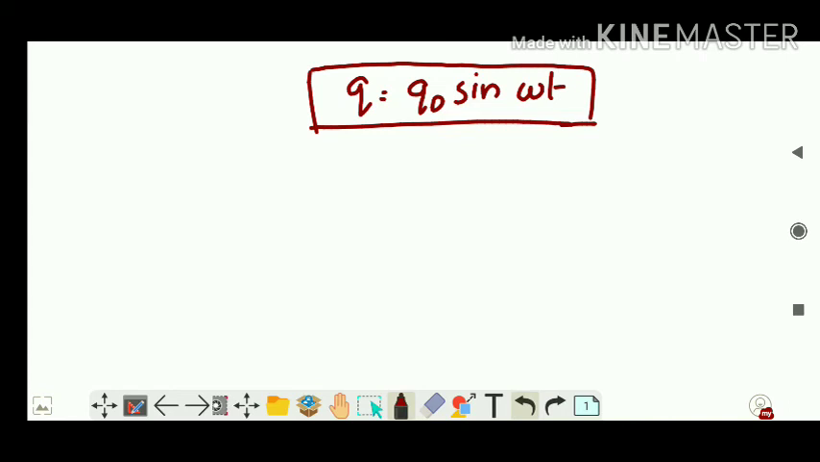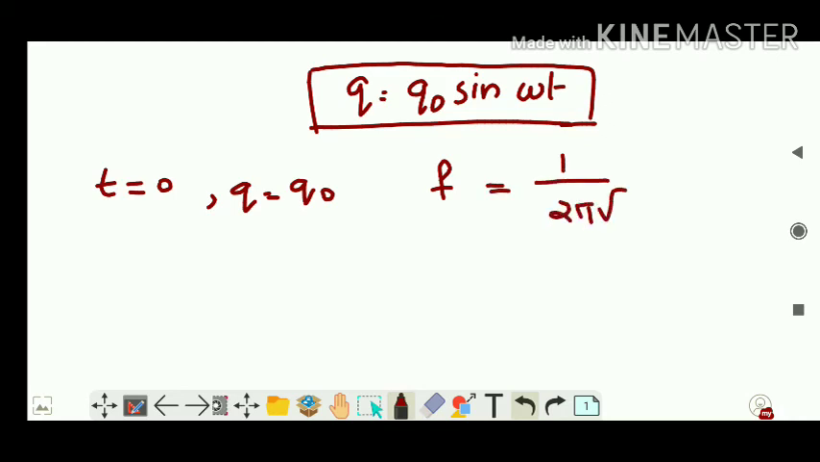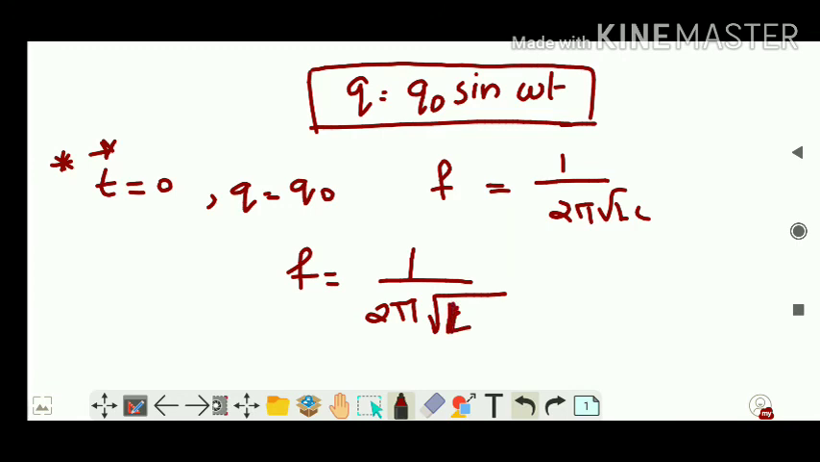Now at t equal to 0, q is equal to q naught. We had the initial description of natural frequency as 1 by 2 pi root LC, right? This is something very important while solving numerical questions. If the circuit has multiple capacitors, then you are supposed to write the natural frequency f is equal to 1 by 2 pi root L into C equivalent,